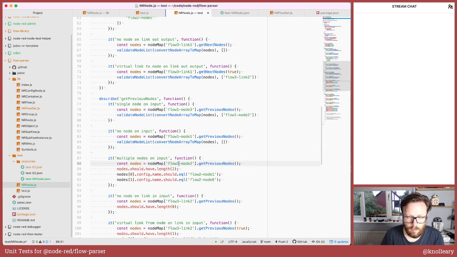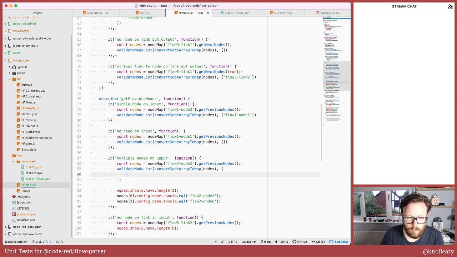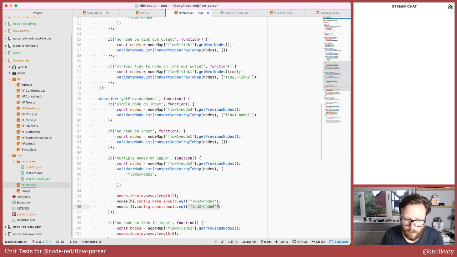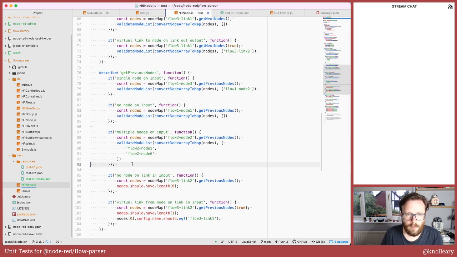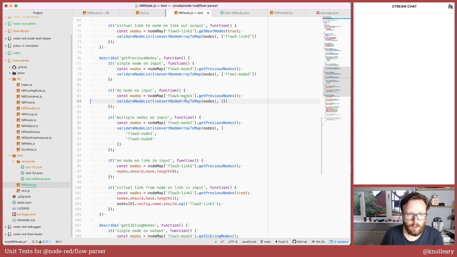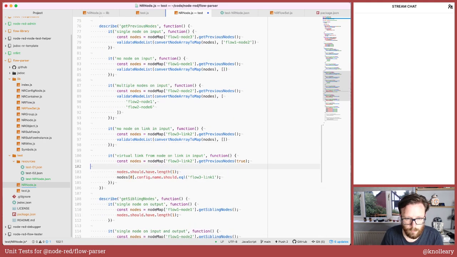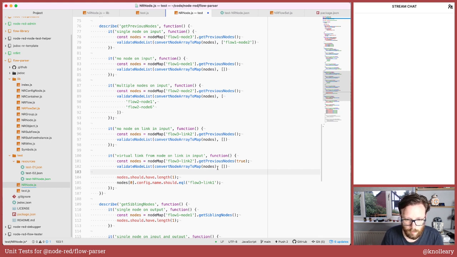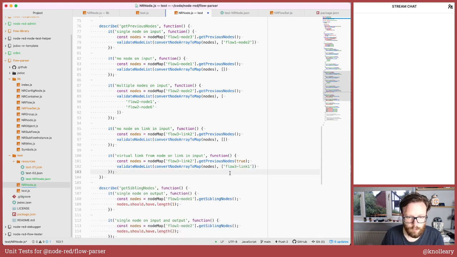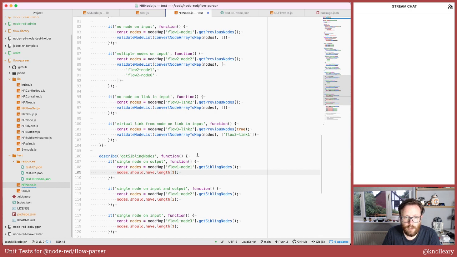Yeah, this is the flow parser. We don't use it in the core of the runtime. One of my personal goals for this flow parser module is to be something that the core starts to use as well, so we have a single standard library for parsing flows. I think that's quite important, a standard utility that others can start using, maybe because they want to generate correct flow JSON. Maybe in the future we have